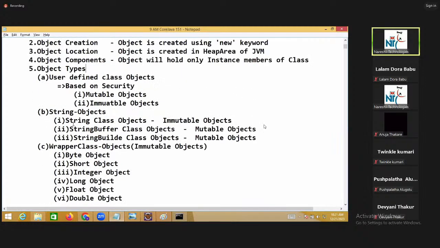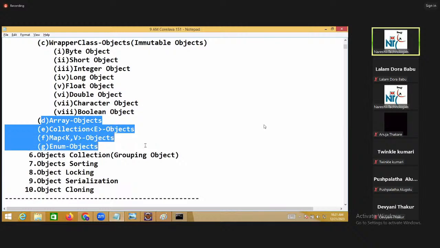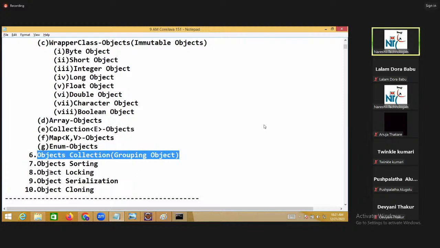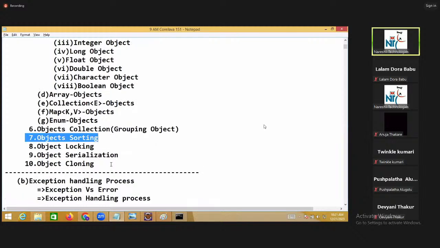Right. Now when there are multiple objects available, you have to use any one, array or collection or map or enum, to hold the groups. That only, object grouping, we are entering. All of you understood the statement, right? So before entering into the array part, one more topic is available in the middle. Make a siding.